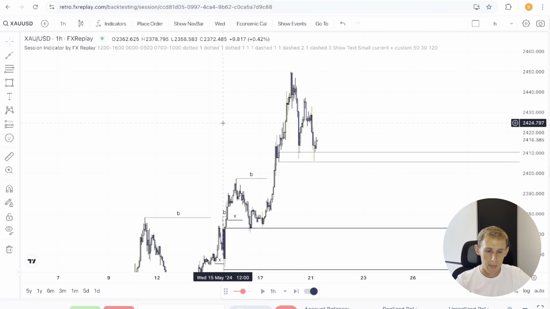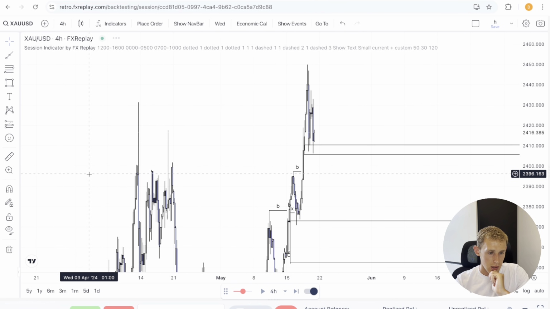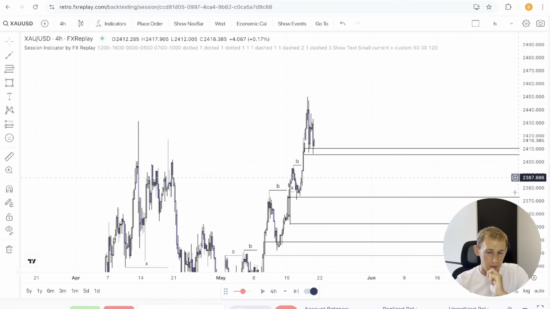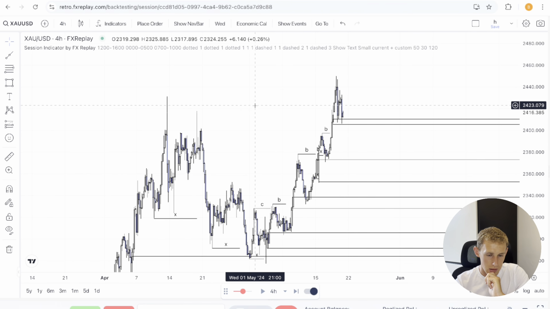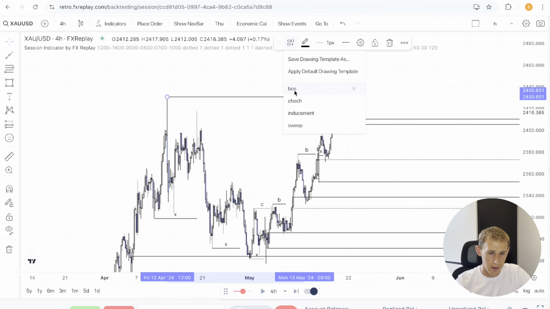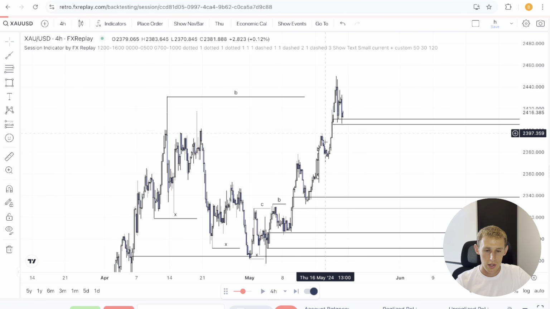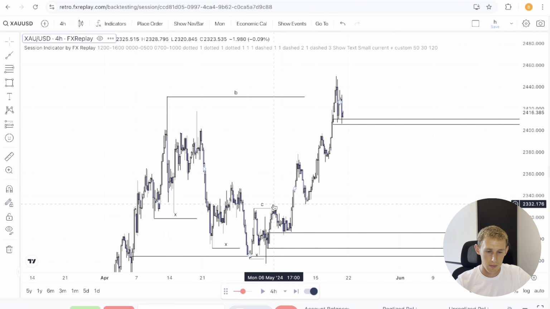Okay, so if I just zoom back out, what can we see? We've had quite a corrective looking pullback here. Price has broken the main high, if we just mark that on. So essentially all of this structure here becomes internal, so it's not really relevant anymore. So if we just get rid of all of this,